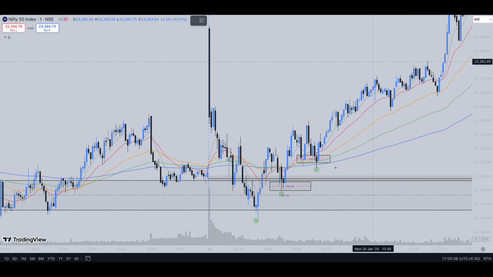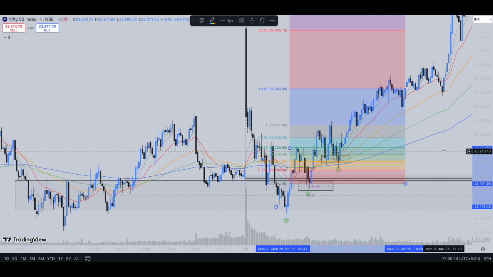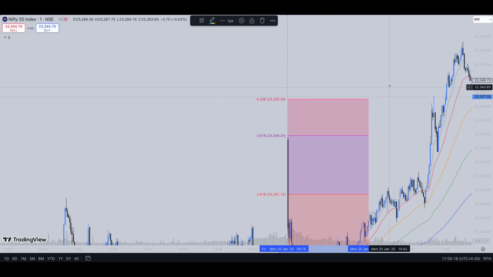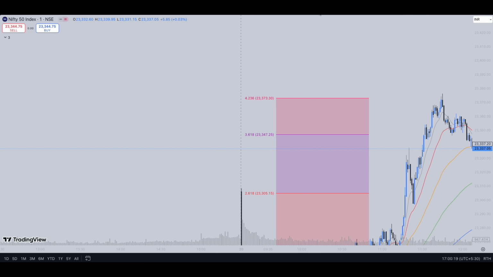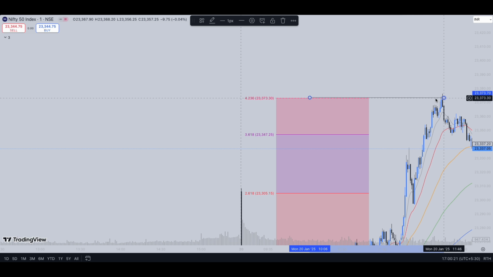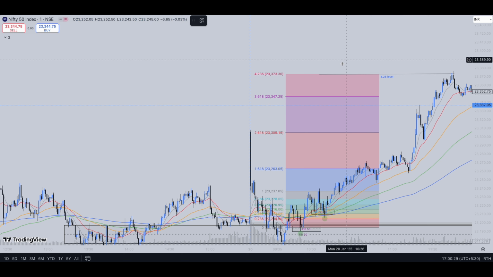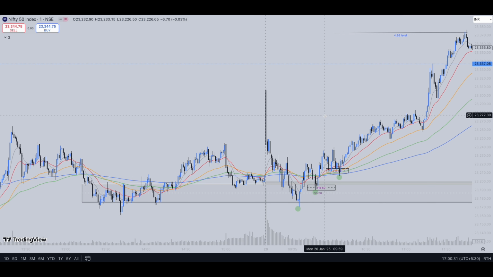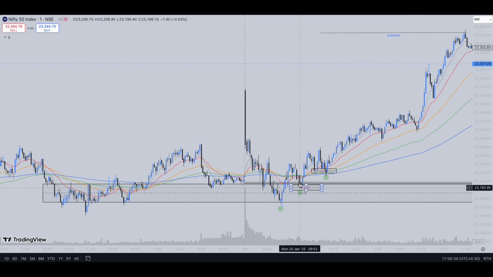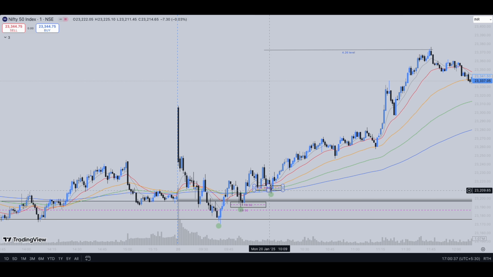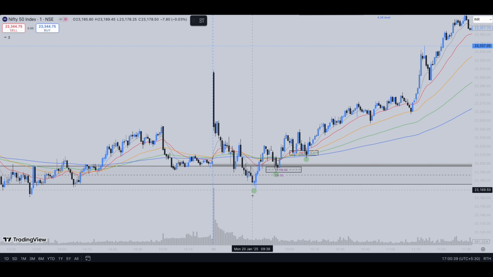Or if you try to plot the swing fib extension levels, the common point between this, the common point between this, and the common point between this, you can clearly see that the market went all the way to the 4.618 level, guys. Look at this, guys. It went all the way to the 4.618 level. This is clearly, if you draw this fib level support or this support,